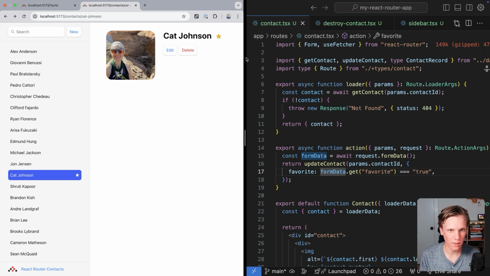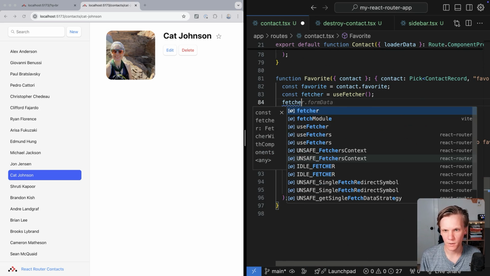So we could add a pending indicator. We could add some loading state or whatever while that's going on, or we could just do this optimistically. Most of the time, if someone hits this button, it's going to change states to the opposite of whatever it is. So we can just optimistically determine what it is. And then once it's resolved, it'll fall back to whatever the data says that it is because it's going to rerun the loader. So down in our favorite component, we can actually pull the form data off of the fetcher,